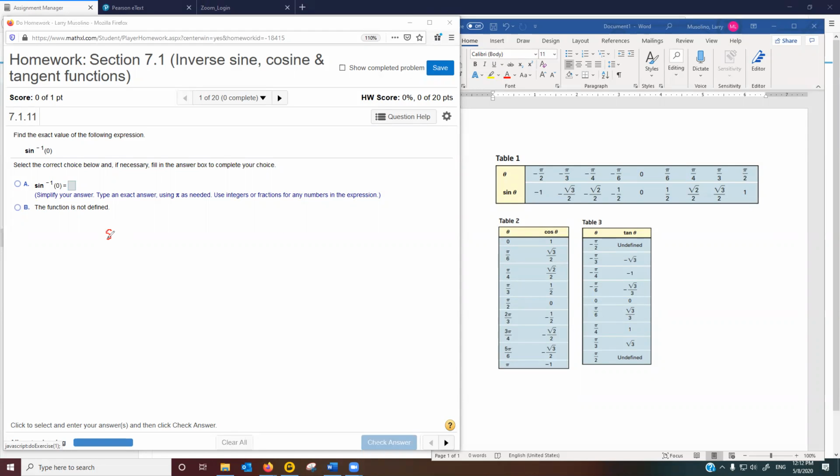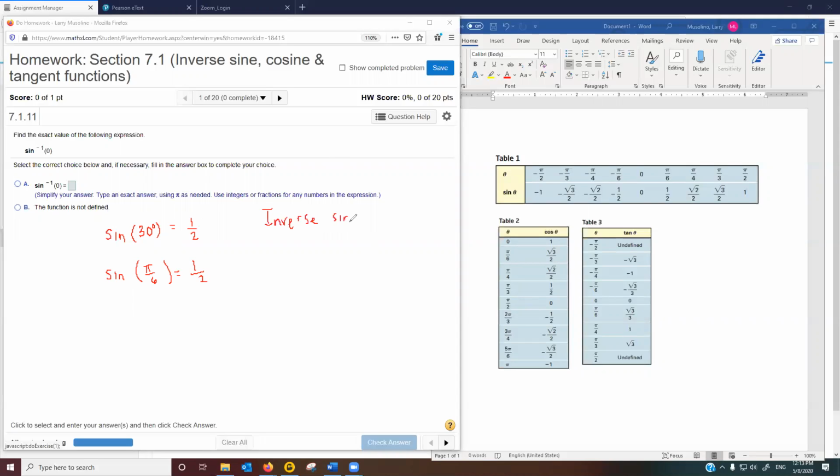Let's say I take the sine of an angle like 30 degrees. Well, you might remember the sine of 30 degrees is 1/2. Remember, I can also write this in radians, and I could write the same equation as the sine of pi over 6 radians equals 1/2. Okay? Now, inverse sine,